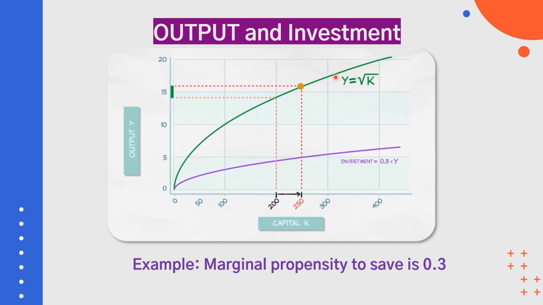When businesses invest in new capital, workers become more productive, leading to higher future output. Investment boosts business activity, leading to job creation and higher income. In this case, we have a marginal propensity to save of 0.3. According to the macroeconomic assumptions of a closed economy, the major source of investment is the money you saved before. So all your savings should be invested in the future. But remember, economies cannot rely solely on capital accumulation. Technological progress and efficiency improvements are essential for sustained growth.